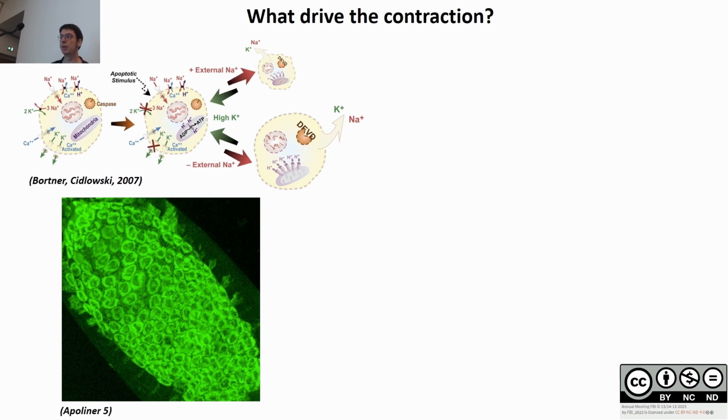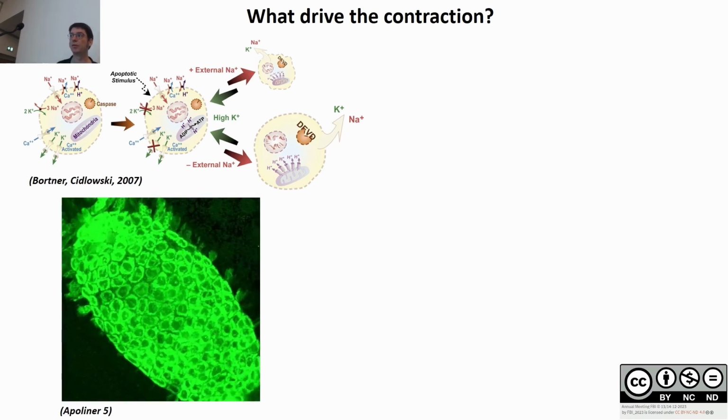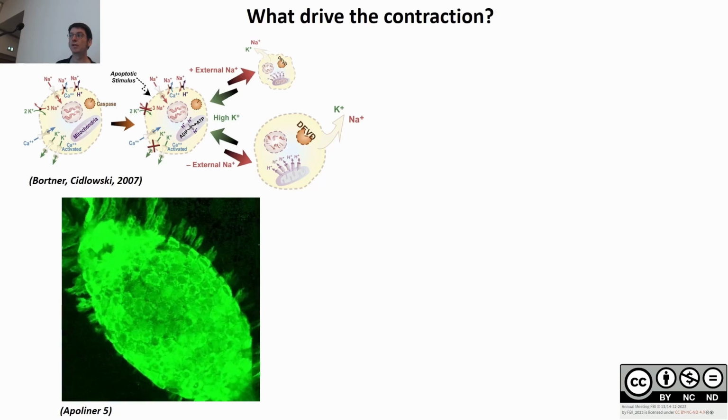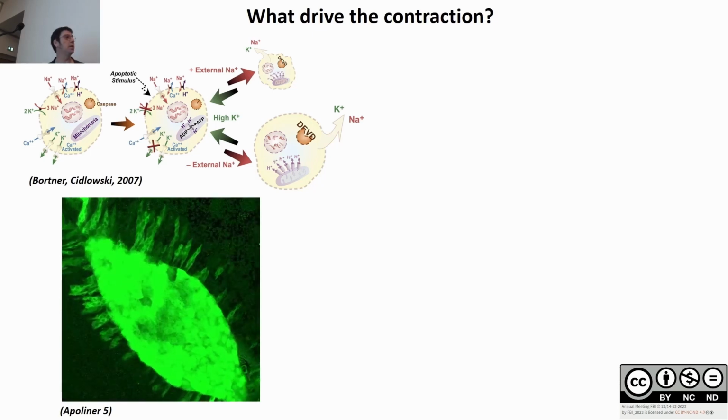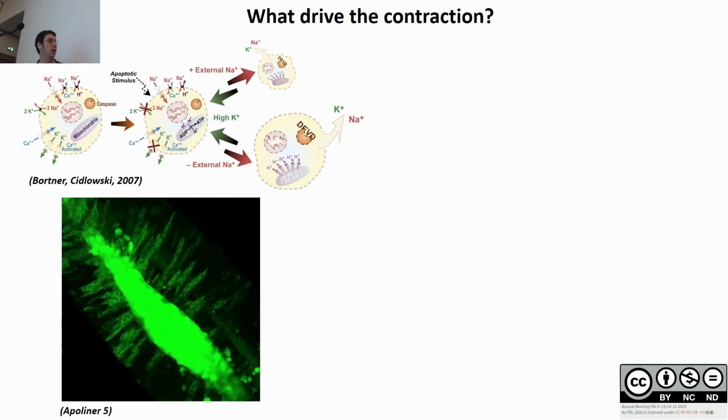So for that, we tried to identify caspase activity. This is a caspase marker. If you see the fluorescence in the cytoplasm, the cells are fully alive. If the fluorescence goes into the nucleus, then caspases are active. And what we could observe is that the fluorescence goes into the nucleus at the onset of the process, in all the cells together. There's a collective behavior. They all activate apoptosis at the same time.